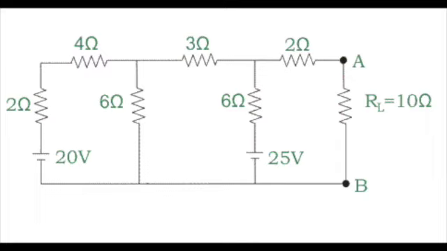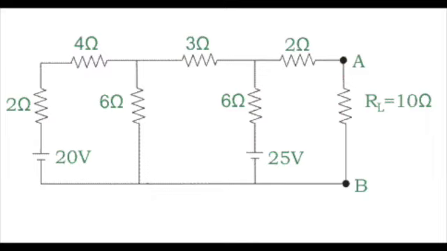If you were given a circuit like this one shown, and you were asked to find the total voltage supplied by the circuit to the load resistor notated here as RL, what would you do? We can see here that we have several resistors in series and in parallel, as well as a few voltage sources, so we would need a method in which we can simplify this circuit to find these overall equivalent